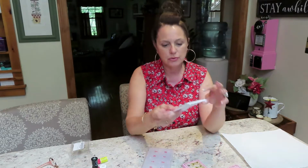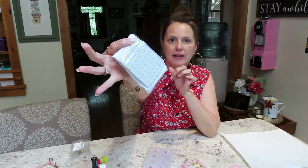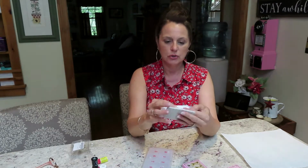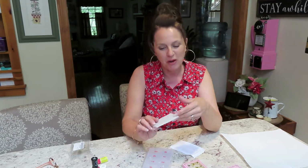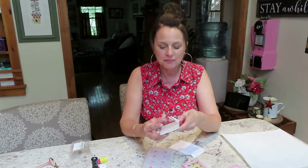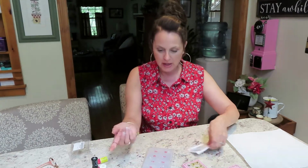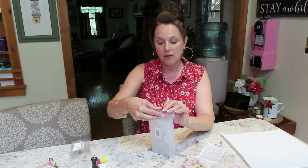And then what you do is you take this little tacky glue, and you glue the nail onto the little stand, and that's how you keep the nail on the stand while you polish it. So this is totally new for me, but because I like to polish my own glue-on nails, I thought, why not start with